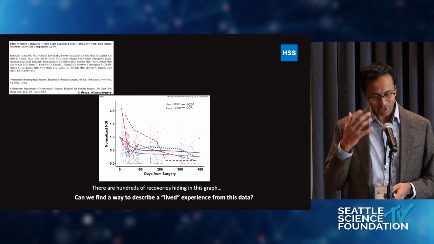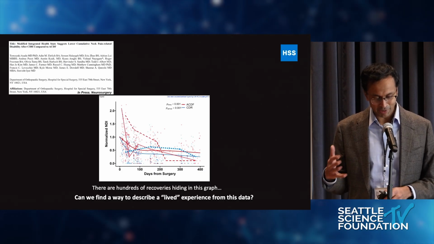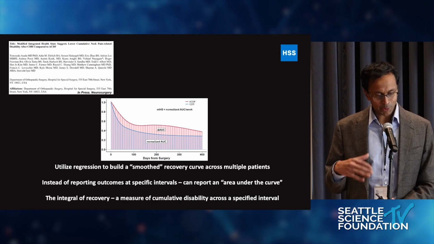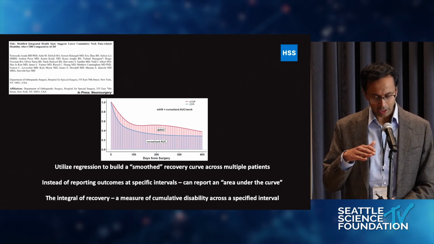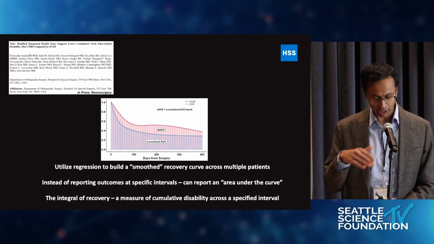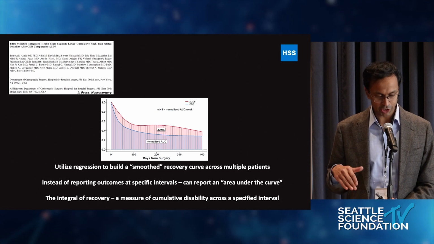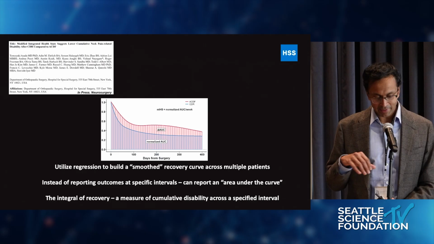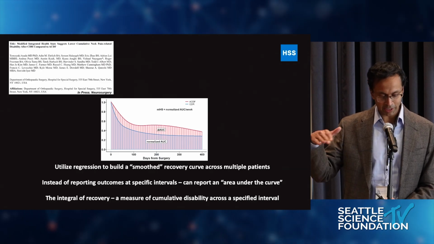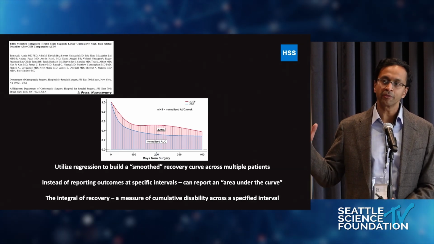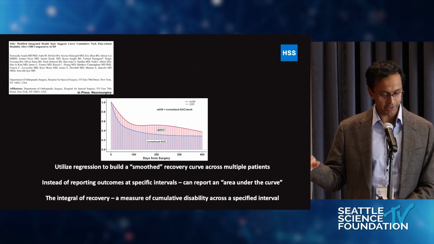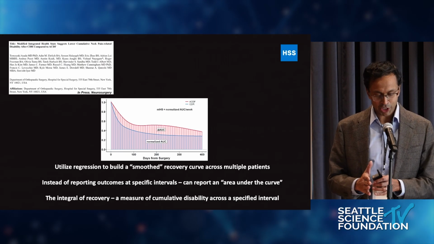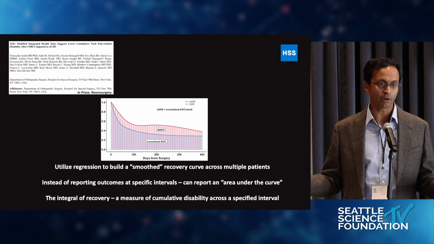So we wanted to find a way to describe a lived experience from this data, if you will. What we did was use regression to build an average of all the recovery curves across multiple patients, so you can see smoothed out recovery curves. Once you do that, then instead of reporting outcomes at specific intervals, you can think about recovery as an area under the curve. It's almost like an integral of recovery, a way to measure cumulative disability